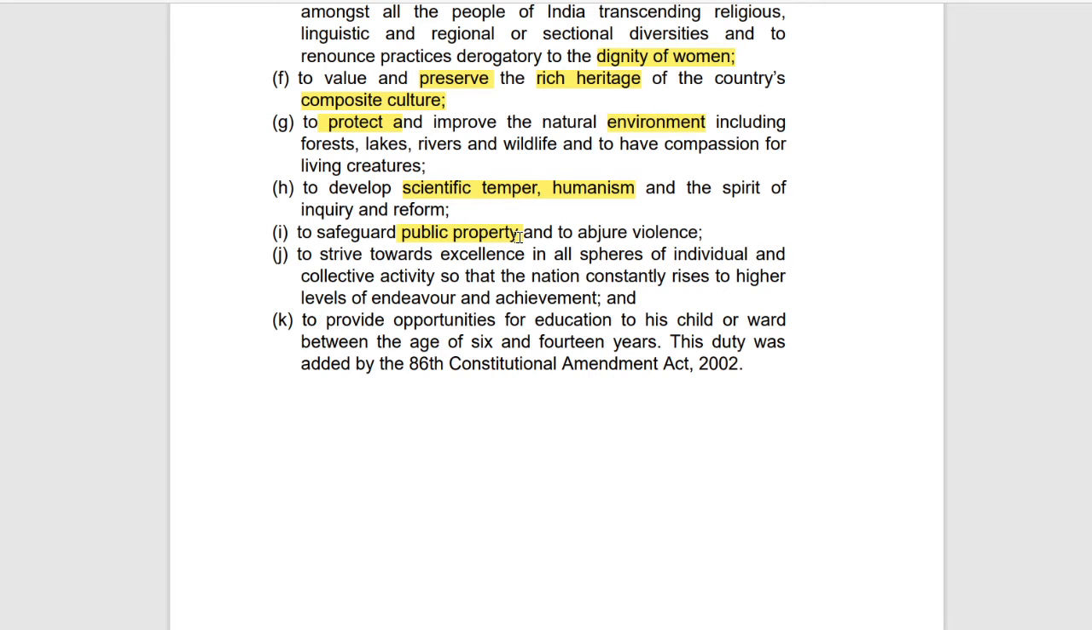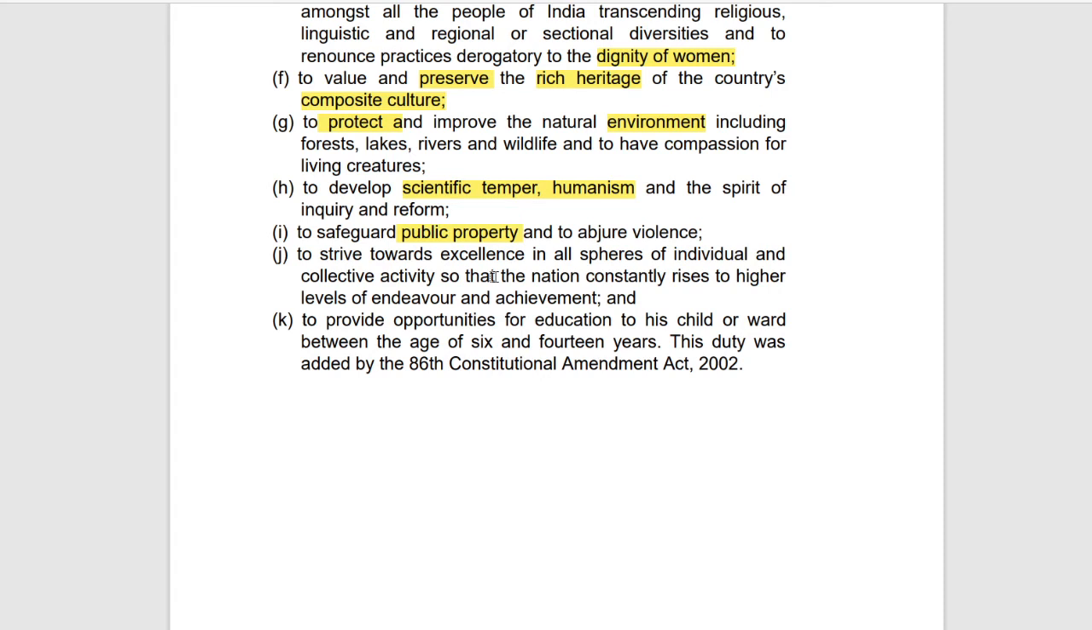Next, to strive towards excellence in all spheres of individual and collective activity, so that the nation can constantly rise to higher levels of endeavor and achievement. So let us see here. The sentence is quite complicated. So to make it simple, I will write this entire sentence in my own words. I can write here excellence of individual and collective, excellence of nation. So by writing a word which I have not extracted just as a copy paste, I can serve the